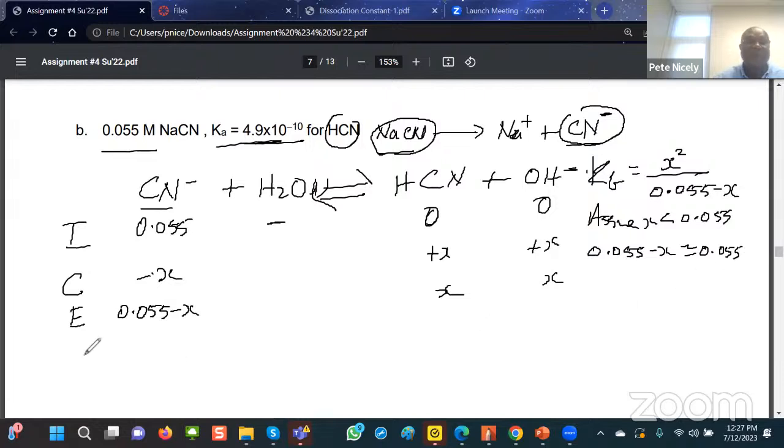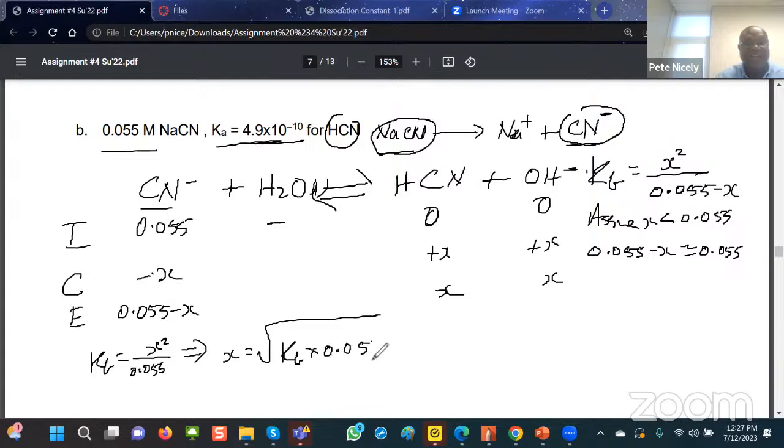Then we're going to put the result of that assumption, which would be Kb is equal to X squared over 0.055. And then we're going to rearrange this to get X is equal to the square root of Kb times 0.055. And that will be equal to the square root of, okay, so here's where things become interesting, because we